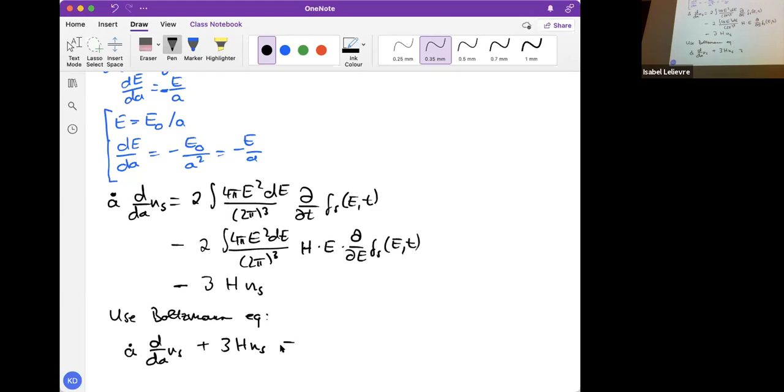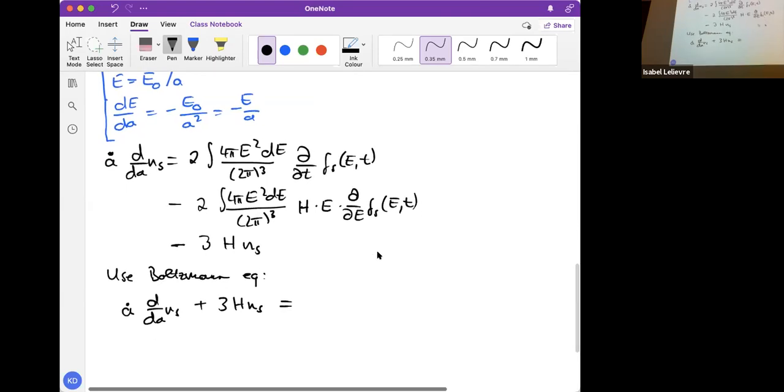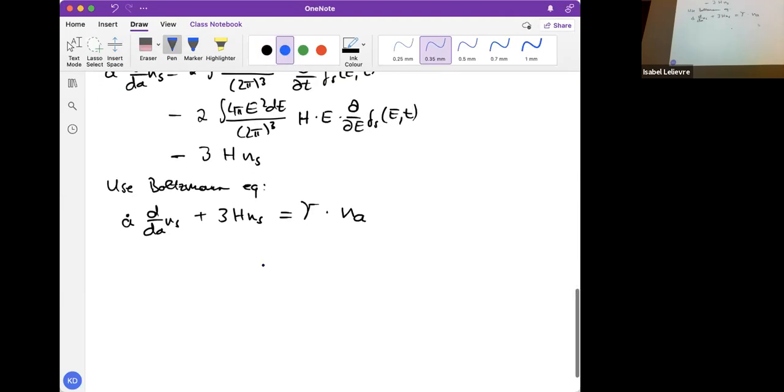And for the terms on the right-hand side, we apply the Boltzmann equation. So we can replace the dt fs minus HE d over dE fs by 1/2 sine squared 2 theta times the rate. This is something that can be pulled out of the integral. And what remains is once again just the number density. So the prefactor, I'm going to abbreviate this as little gamma times NA. And this thing that I call gamma here,